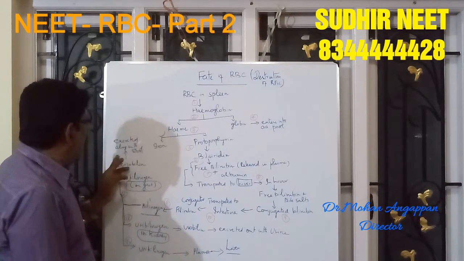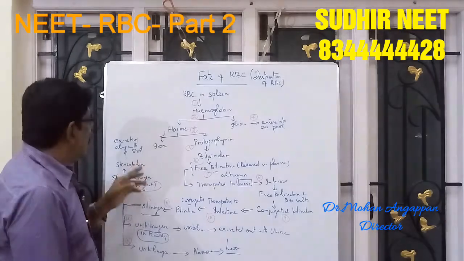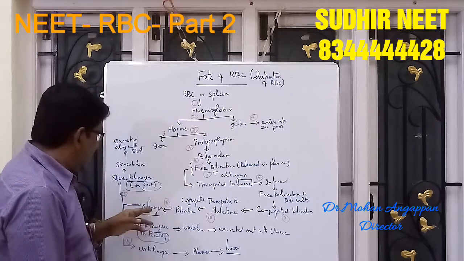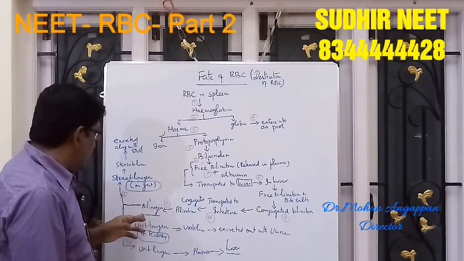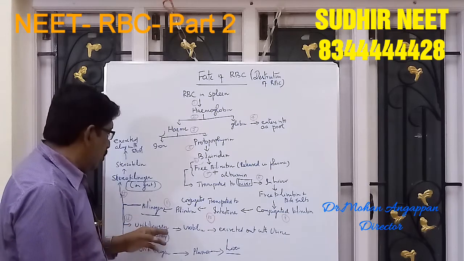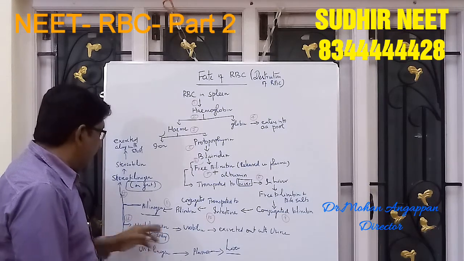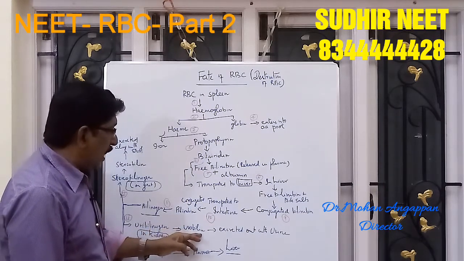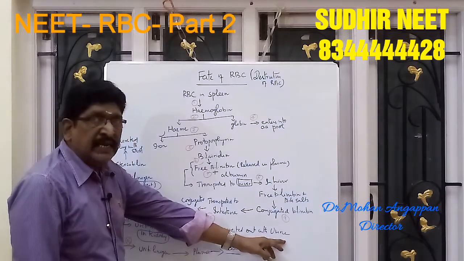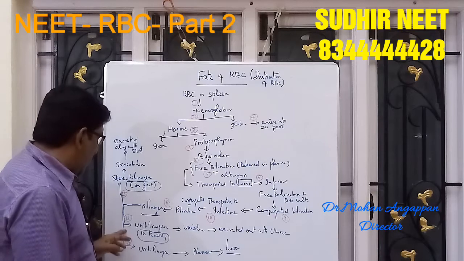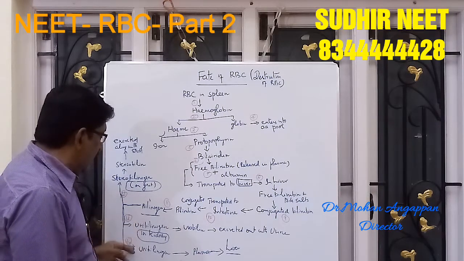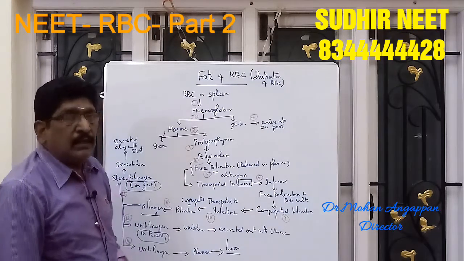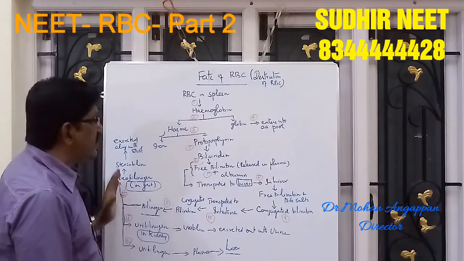It is excreted out along with the stool. Second stage, this bilinogen is converted into urobilinogen in the kidney. This urobilinogen is converted into urobilin and it comes out with the urine and gives the color of the urine. And third stage, the remaining urobilinogen goes to plasma and then goes to the liver and is destroyed. So this is the fate of RBC, how the RBC is destroyed.